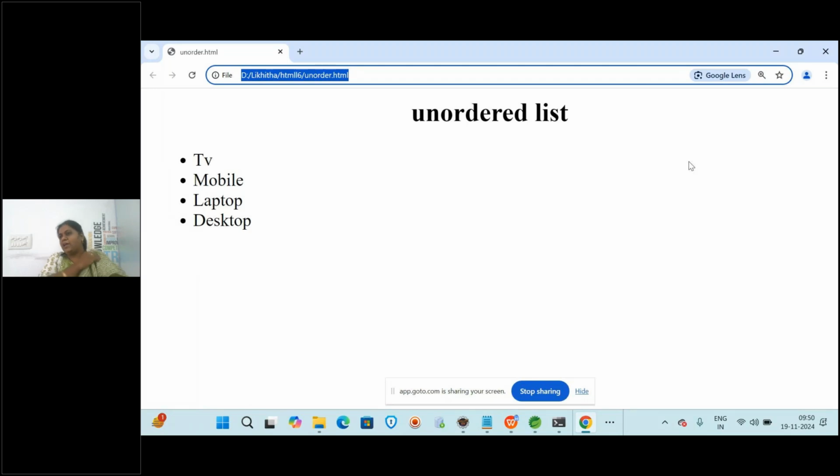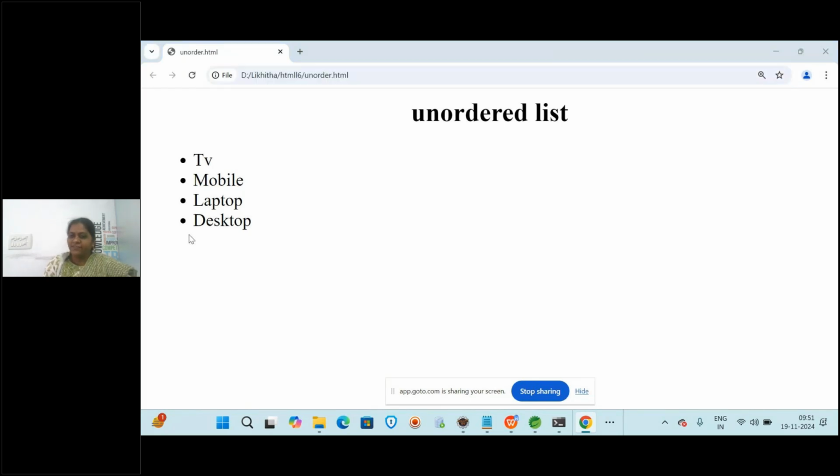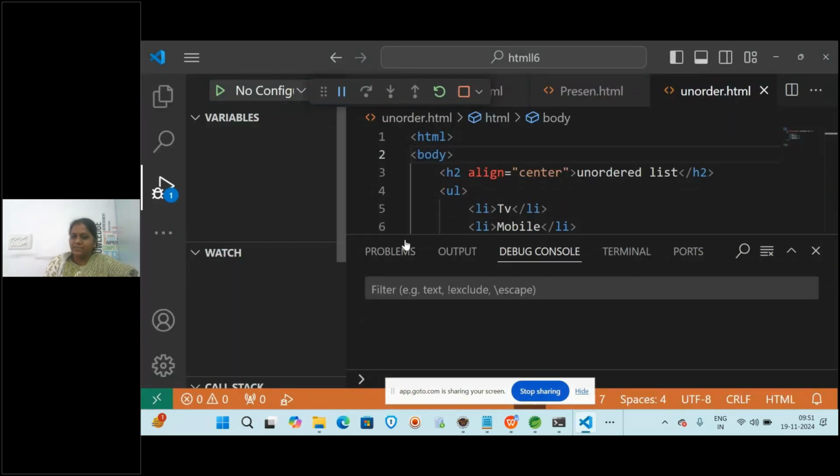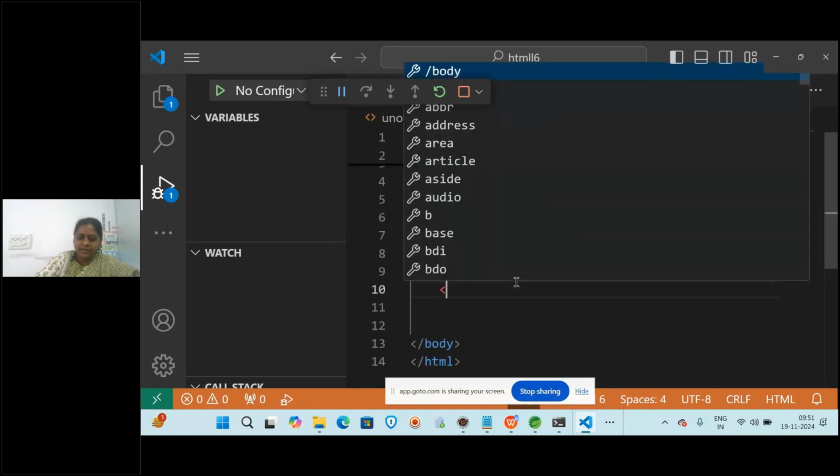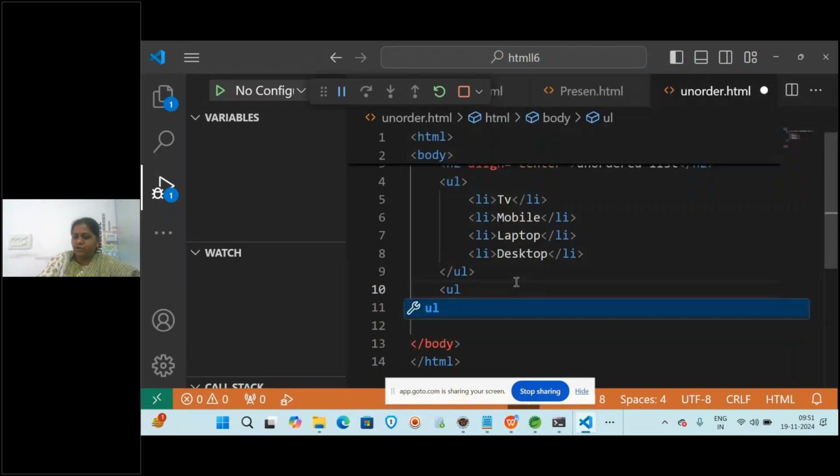So now in the unordered list, by default you are getting what? Dots. Clear? Like this, here also you have circle, dot, disc shape, something like diamond shape you will be getting. Before specifying anything, an ordered list gets 1, 2, 3, 4, 5. An unordered list will get these dots. Clear? So by default, if you are not specifying the type, you get that; if you specify the type, it will give you that type. See, one unordered list came. Again, I am going to write a UL, one more unordered list here.